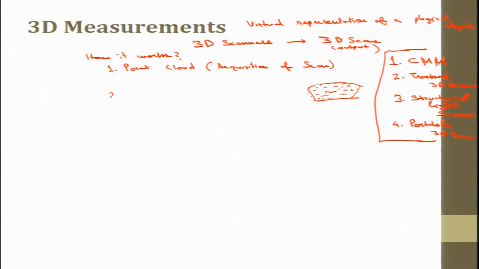Using the point cloud, we create a triangle mesh. What is a triangle mesh? This is the point cloud, and we will make triangles out of this. Joining a point with another point, we try to make triangles. Similarly, the whole surface would be in the form of triangles. This is known as a triangle mesh. I would just call this mesh generation.